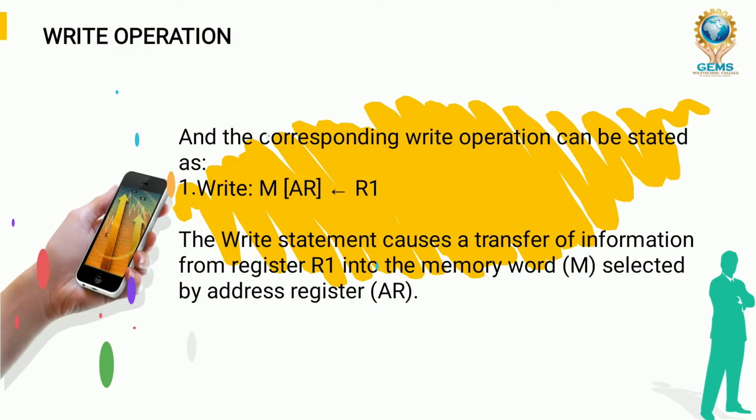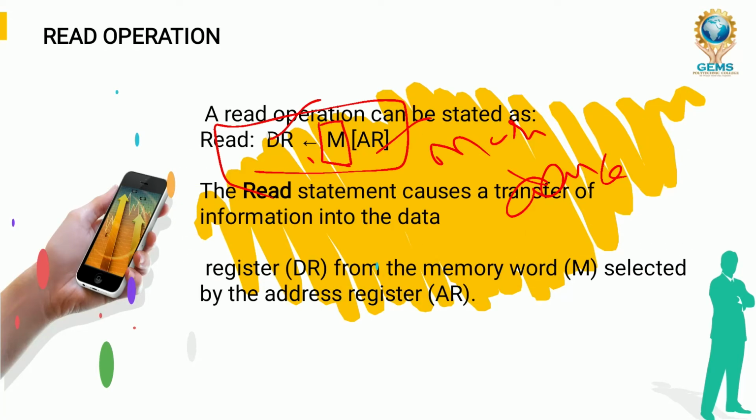Next we will see the write operation. A write operation is not outgoing but incoming. What we discussed till now is outgoing. Outgoing means information going from memory to a particular device, that is the data register. So it goes from memory to some particular register or some particular component, for example the data register. That's why the arrow was showing like this in the previous slide. Okay, how is it showing?